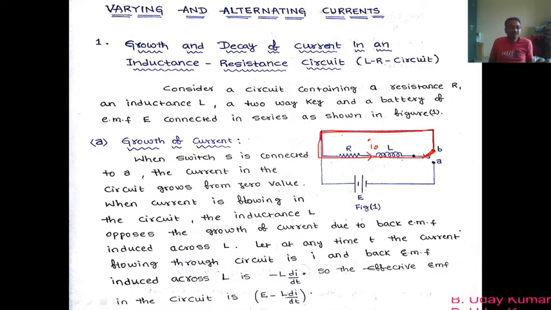Since the current starts decreasing, let us assume that at a particular instant of time t, the current present in the circuit is I. The same type of derivation again we will do. Let us assume the current in this upper part of the circuit is I, but this I is decreasing with respect to time, right? I is decreasing now because there is no source in this circuit.